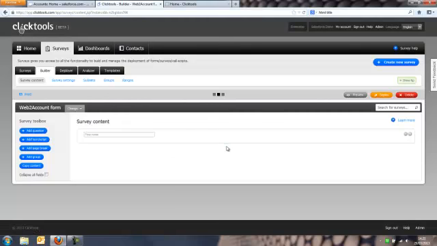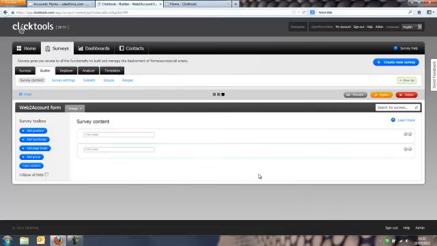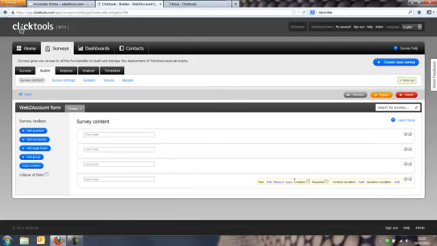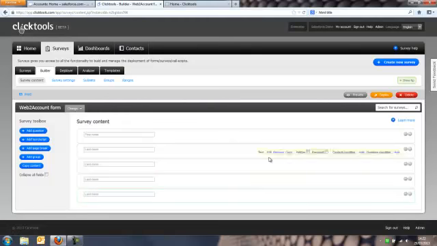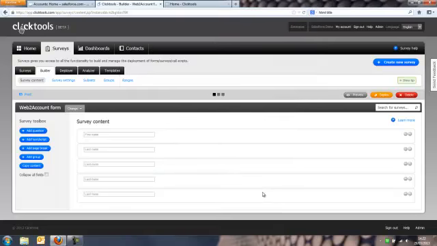So we'll copy that because we also need last name, so we'll do the same again, just put last name in there, and then for some other fields, we want one for company, so we'll copy that, we want one for email, and we want one for a field that lets the person tell us why they've contacted us. So we'll have company, we'll have email,